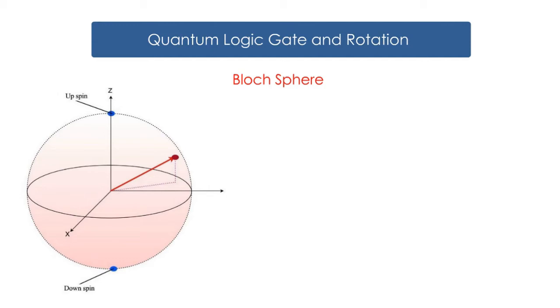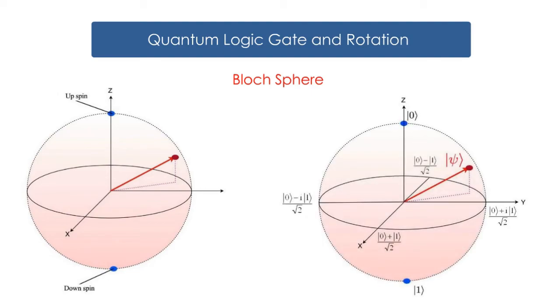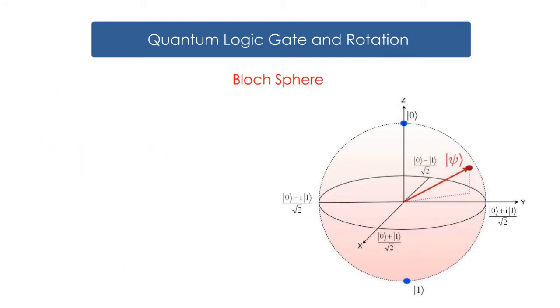The amplitude alpha can also be a complex number, like the following. Here are the values of the superpositions in the 6 corners. To calculate the probability, we compute the square of the normalization, that is, multiply the amplitude with its complex conjugate. The complex conjugate of 3 plus 4i is 3 minus 4i.